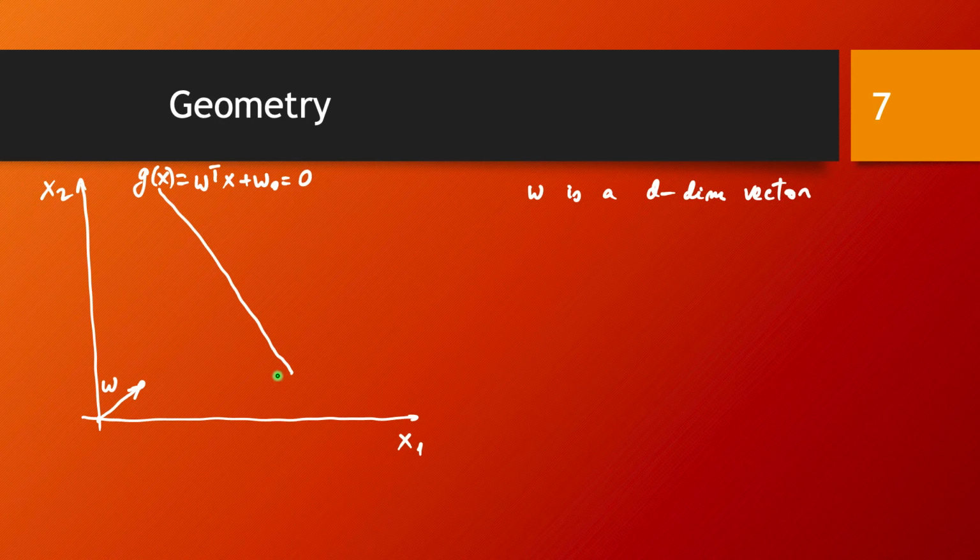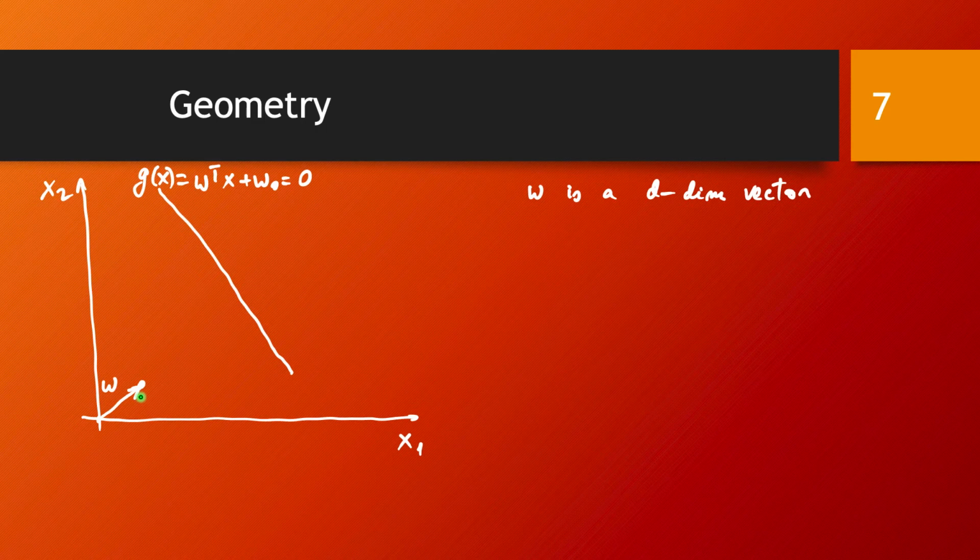And when we think about this, you realize that for the orthogonality part of the definition of our hyperplane, the norm of w doesn't even matter. The only thing that matters is the direction. So once we have the direction fixed, then we have the orientation of this hyperplane fixed. So that's also the reason why very often this vector w is chosen to be of norm 1.